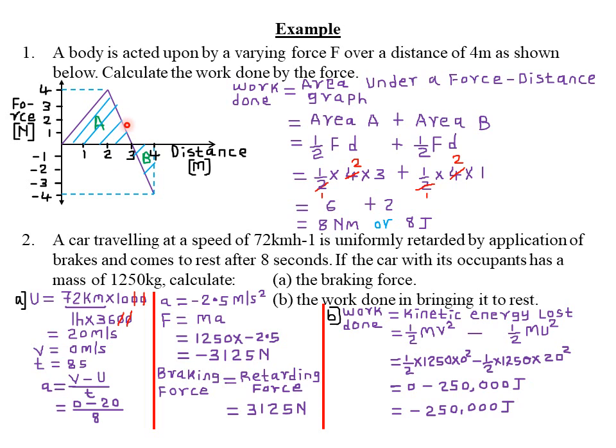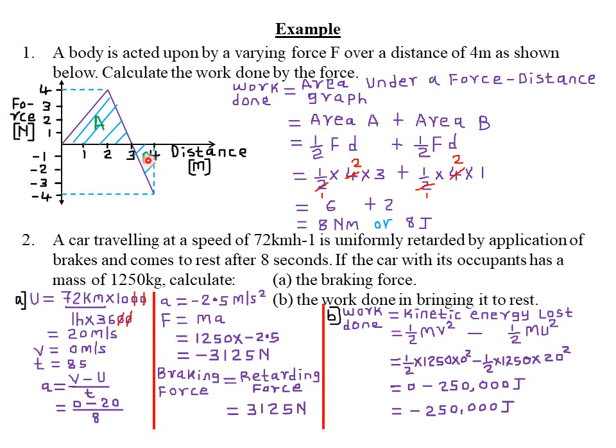You have just said that the work done is equal to the area under a force-distance graph, or also the area under a force-extension graph for a body experiencing elastic potential energy. But for a body experiencing gravitational potential energy, the work done will be force times the distance, which is just mgh. Therefore, work done is equal to the area under a force-distance graph, which in this case,